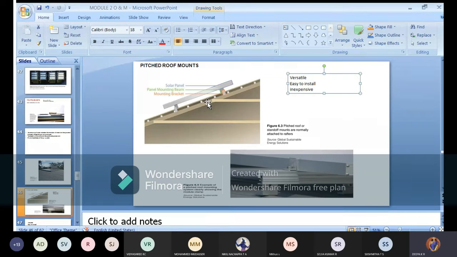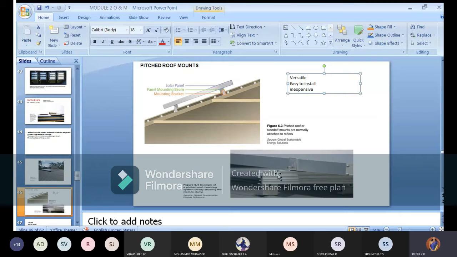But here in the pitched roof mounting, the first thing you're going to get is proper ventilation. Proper ventilation means an improvement in the power output of a system. Because of that reason, most places prefer pitched roof mounting instead of just a roof mounting, and it increases the beauty as well as giving ventilation.